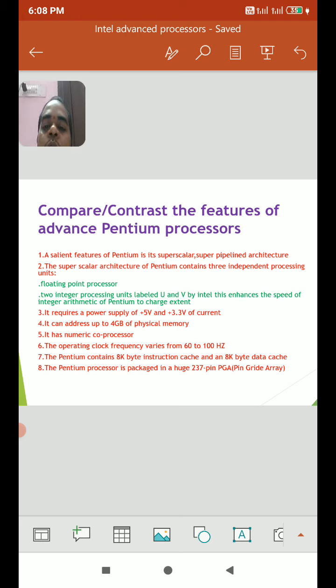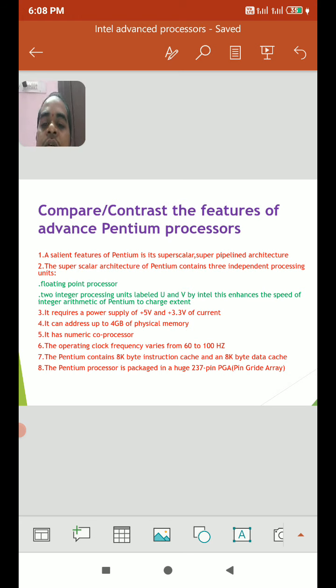That means more number of integer operations can be performed at a time. So already we know that it performs 64 bits of operations. Those 64 bits are again divided into two pipes, U pipe and V pipe. Each pipeline takes 32 bits of operations simultaneously. At a time we can execute more number of instructions.